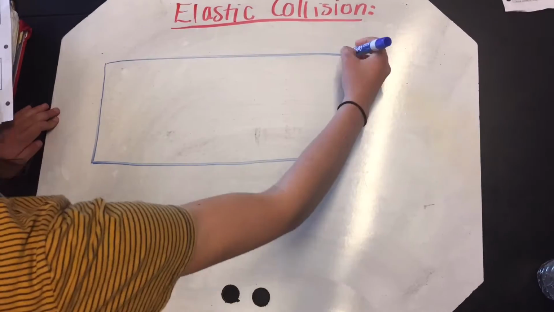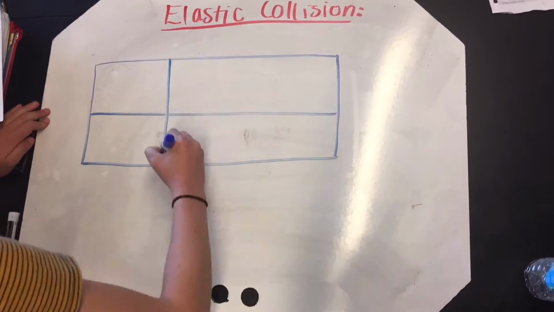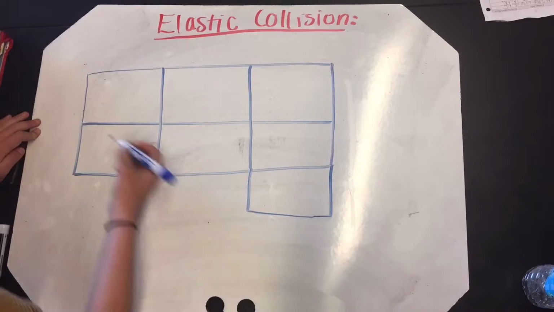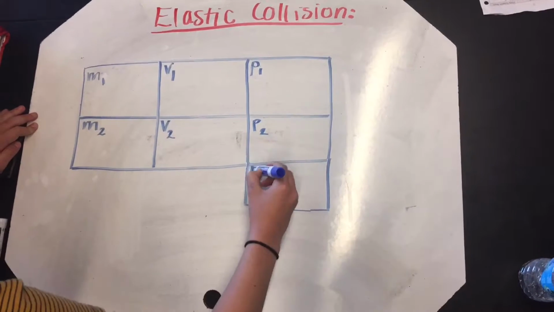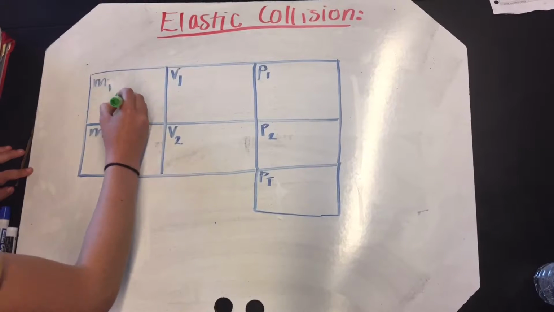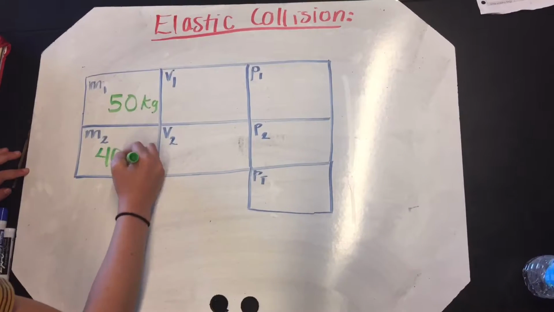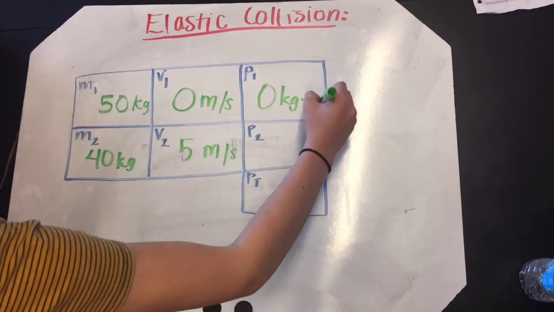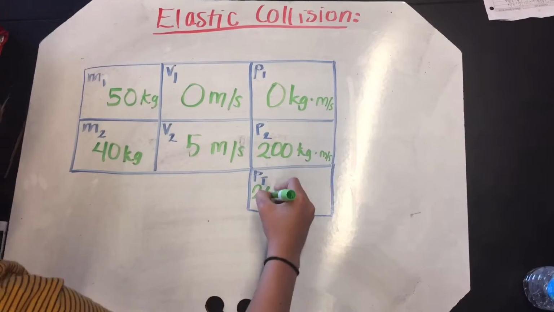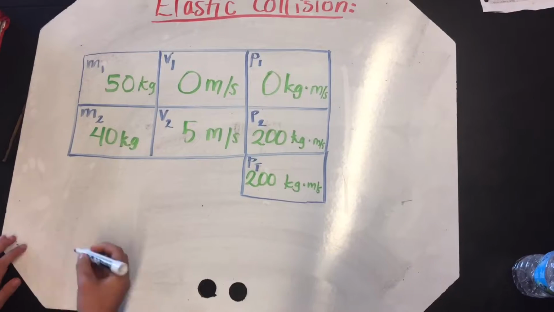Before this collision, person A has a mass of 50 kilograms, a velocity of 0 meters per second, and a momentum of 0 kilograms times meters per second. Person B has a mass of 40 kilograms, a velocity of 5 meters per second, and a momentum of 200 kilograms times meters per second. Their total momentum, which is the momentum of person A plus the momentum of person B, is 200 kilograms times